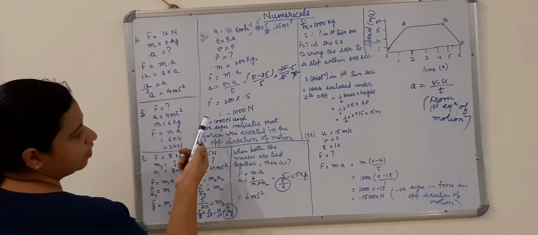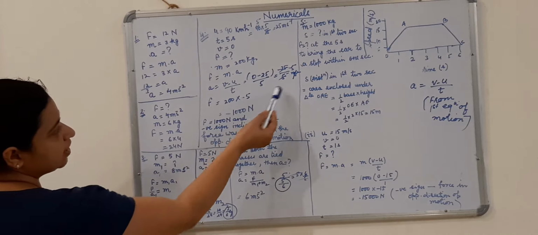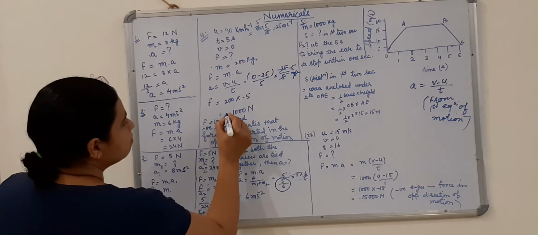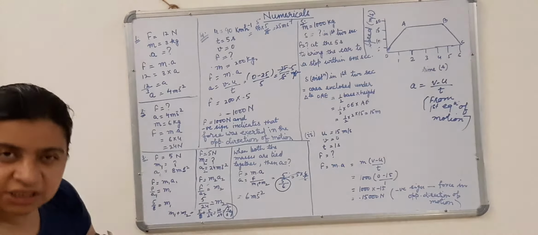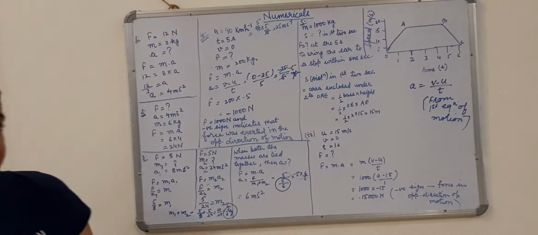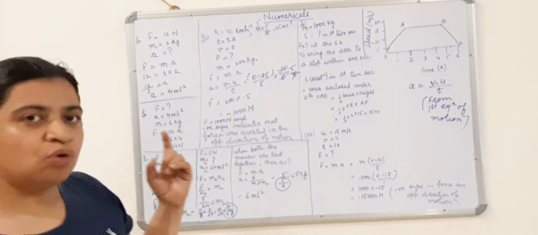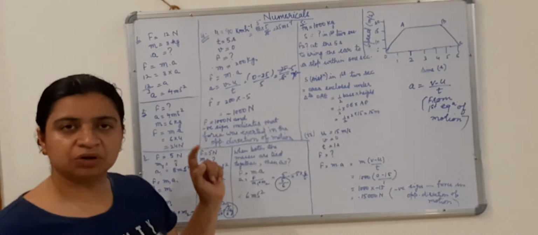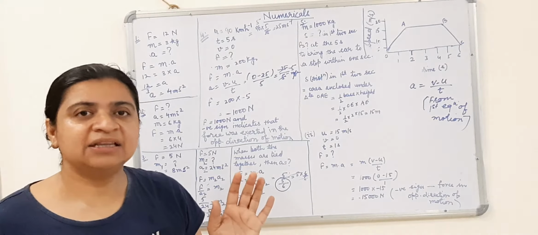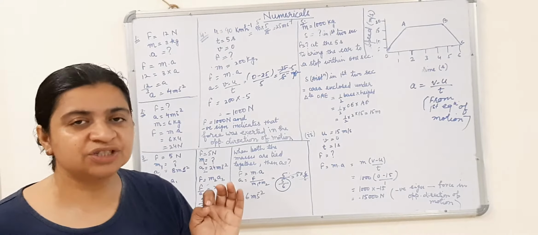Force we need to find out. We know the mass, that is 200 kg. Now acceleration is minus 5 meter per second square. The answer will be minus 1000 Newton. Children, why this minus sign in the answer? The magnitude, that is the numerical value, of the force required is 1000 Newton only. But the minus sign indicates that the force was exerted in the opposite direction of motion.